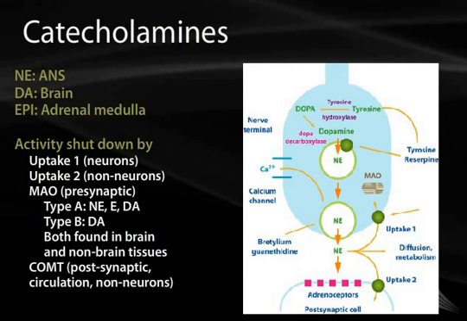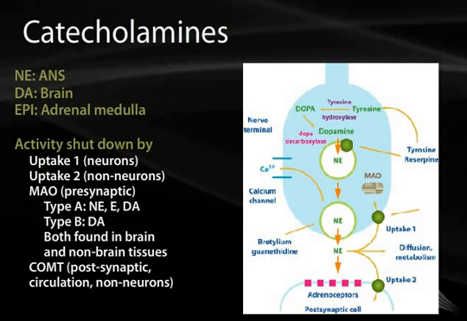So if we focus on the structure on the right, we can follow the synthetic pathway as it occurs inside the presynaptic cell. We have tyrosine converted via tyrosine hydroxylase to dopa or L-dopa. Dopa via this L-dopa decarboxylase is converted to dopamine. Dopamine, prior to being converted to norepinephrine, has to be pumped into a presynaptic vesicle, and it's within this vesicle that dopamine is converted to norepinephrine via